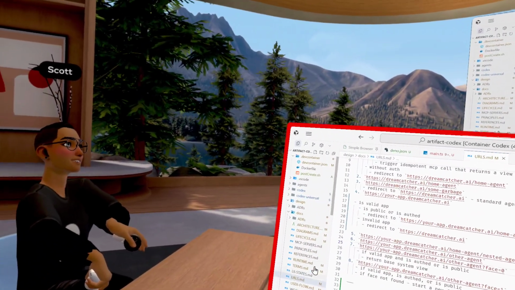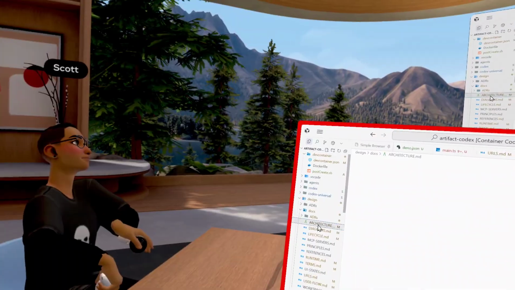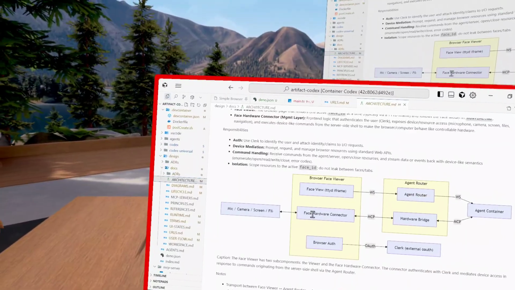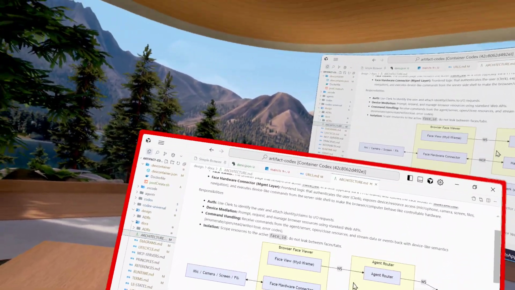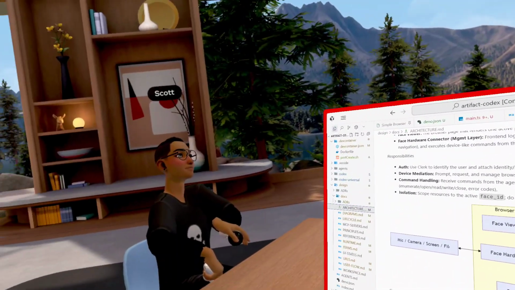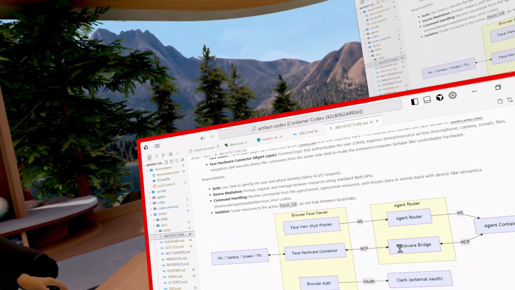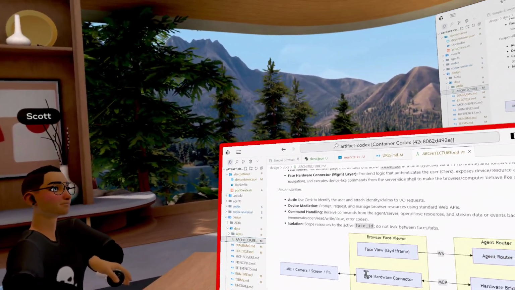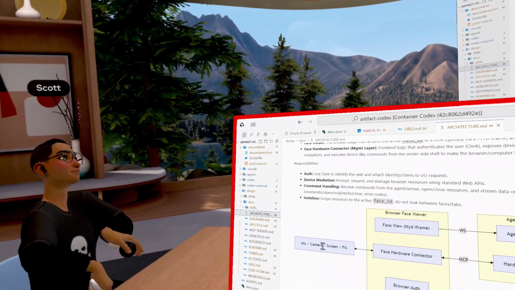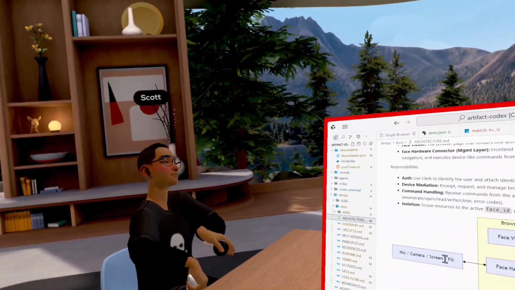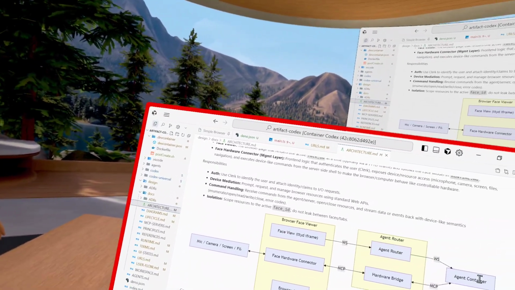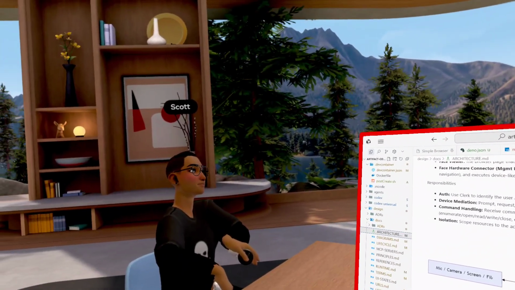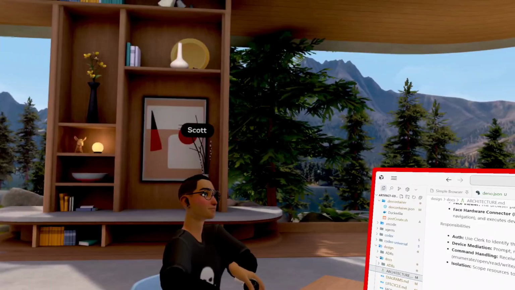And so where this really starts to shine is in this piece, the face hardware connector. When the agent router is pointing you at an agent face, it's also pointing your hardware to that agent face, so that the browser's mic, camera, screen, clipboard, all that can be controlled, with permissions of course, based on the activities of the agent, and in particular the activities of the agent face.